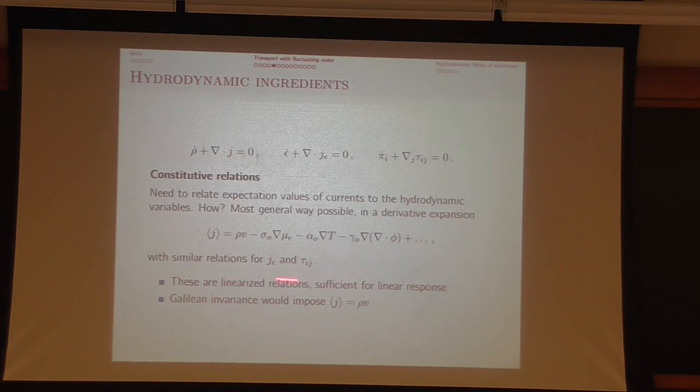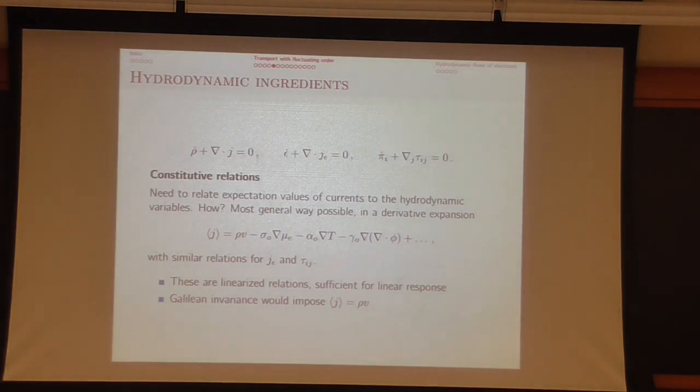So we'll write down these constitutive relations for all currents and plug them in here. Notice that I wrote linearized constitutive relations. This is because I'm just interested in linear response, so that will be sufficient for my purposes, but you can, of course, do nonlinear hydrodynamics. This is also where all the symmetries come in. If I assume relativistic invariance, I would write covariant expressions. Galilean invariance is more tricky: there's a Ward identity that comes with Galilean boosts, which turns out to impose that the current is just proportional to the velocity.